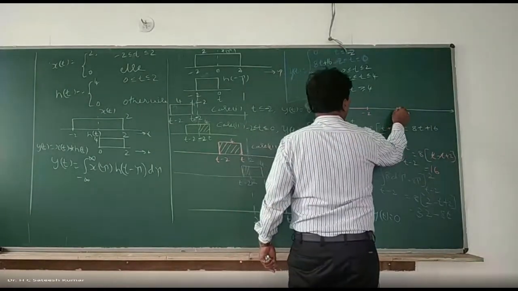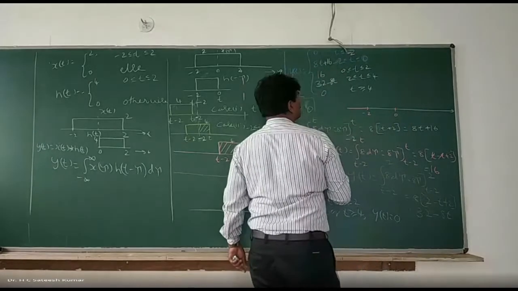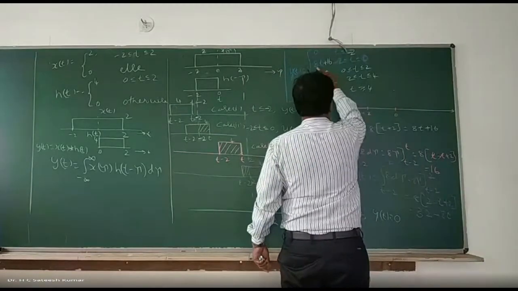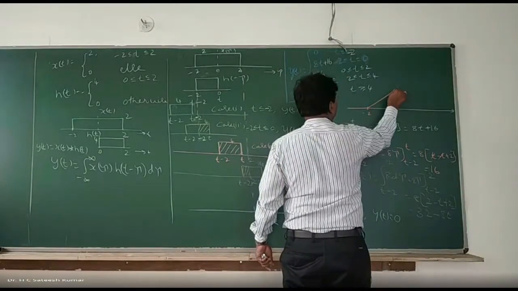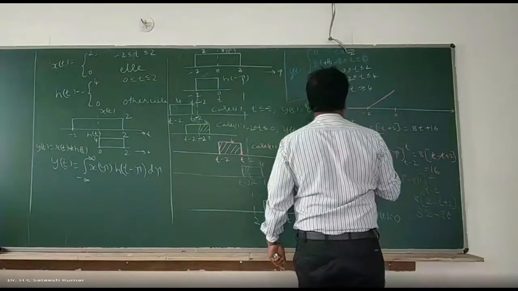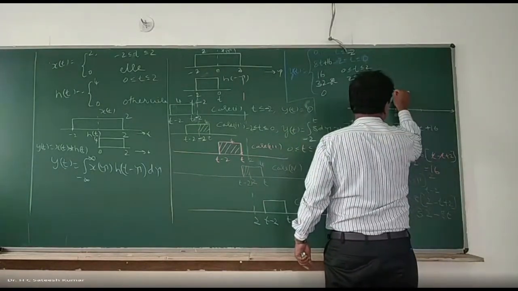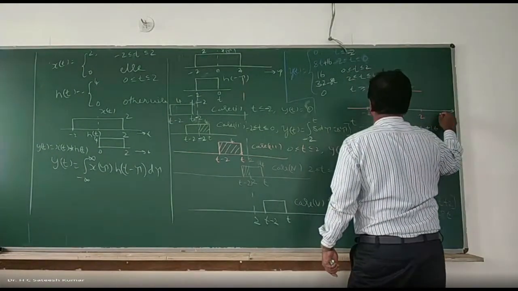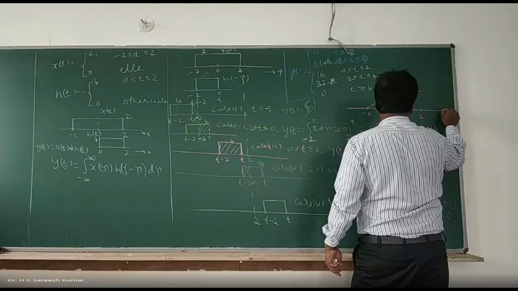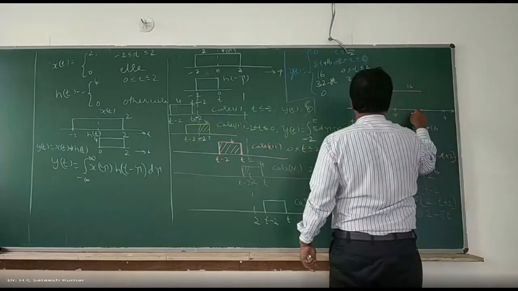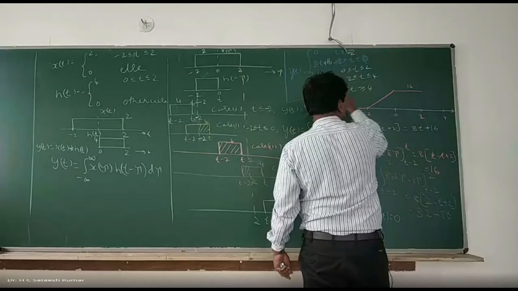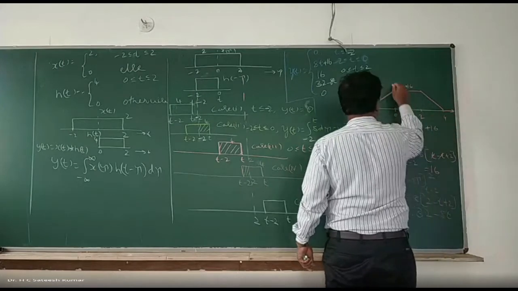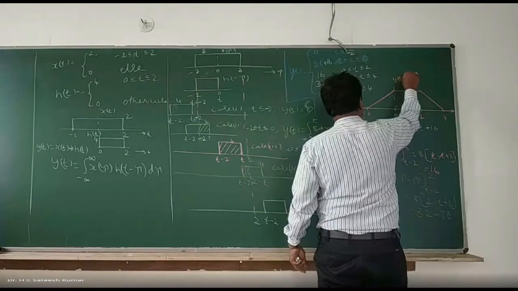Minus 2 to 0, what is it that we have? At minus 2, it is 0. At 0, its value is 16. So up to that, it is a positive slope, increasing. And 0 to 2, it is constant at 16. And 2 to 4: at 2, its value is 16; at 4, its value is 0. So it is decreasing. Beyond 4, it is 0. So that is your y of t. That's how we should do it.